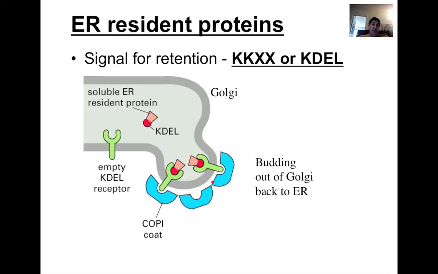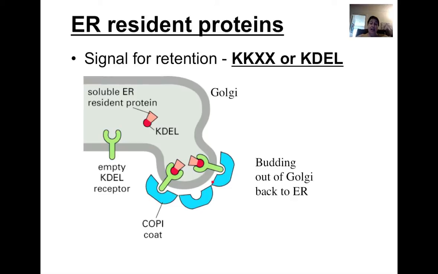Another interesting thing that can happen is sometimes proteins can make it to maybe the Golgi, and they shouldn't have been there. And in this slide, I don't particularly care for the image because they're showing you a soluble ER resident protein, and they're saying it's the pink thing with a red head. And it looks like they're two separate molecules, but they're not. That is a sequence of amino acids that is folded into its tertiary or quaternary structure. You can't tell from this picture. So it is just a sequence of amino acids, and within that sequence of amino acids, it has a sequence